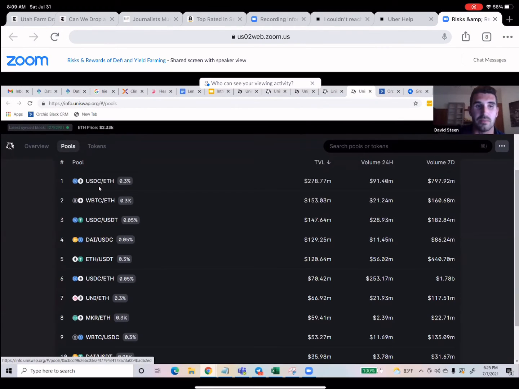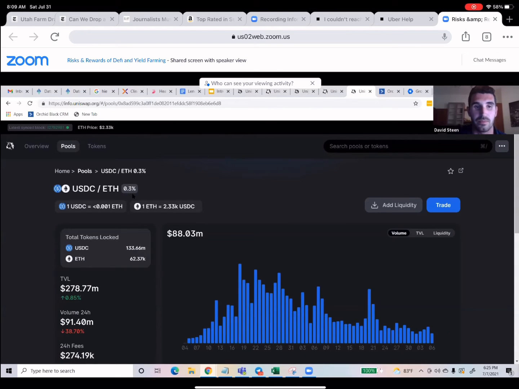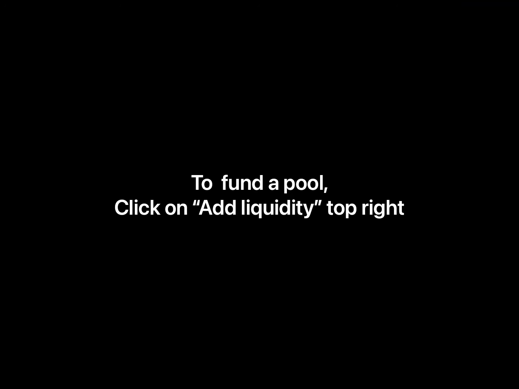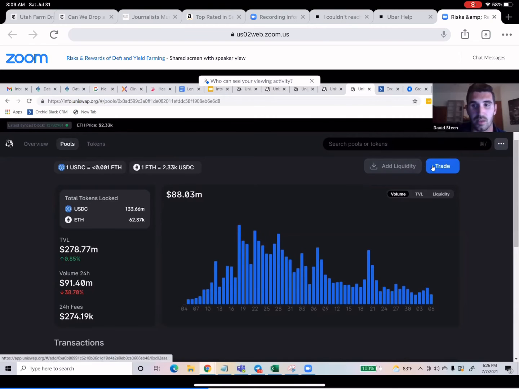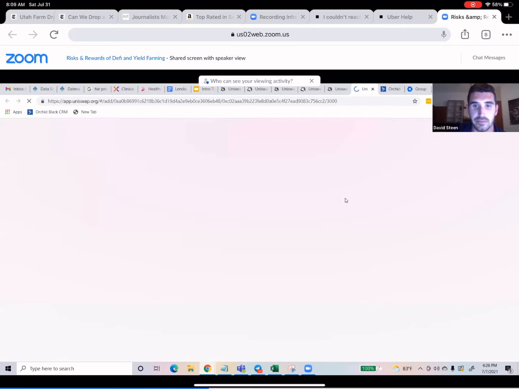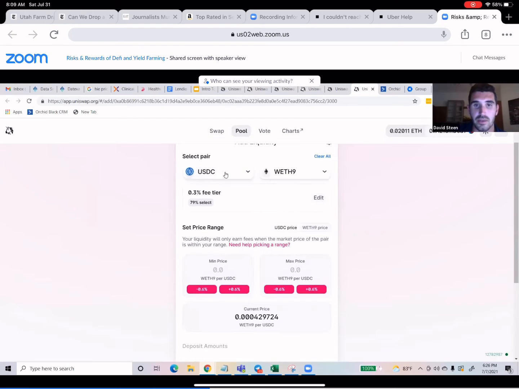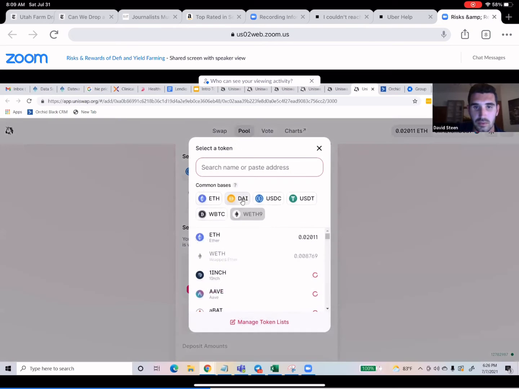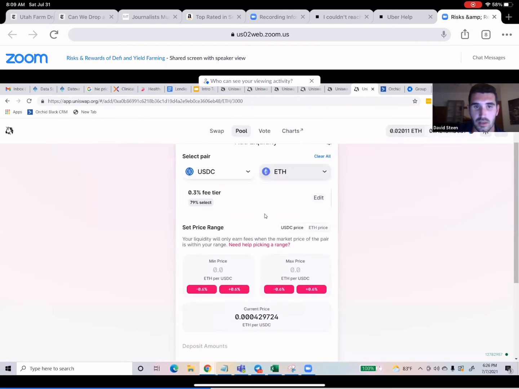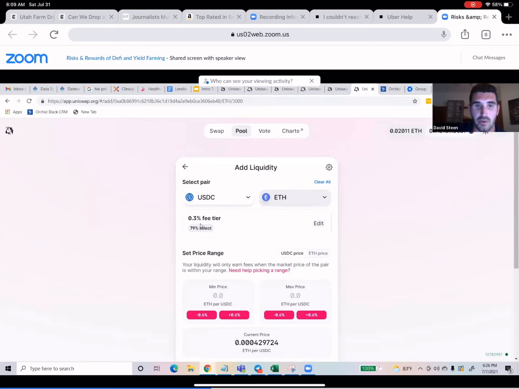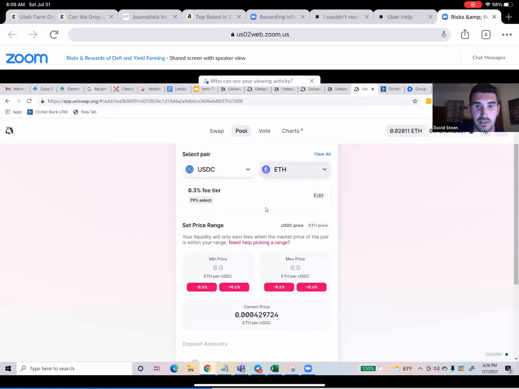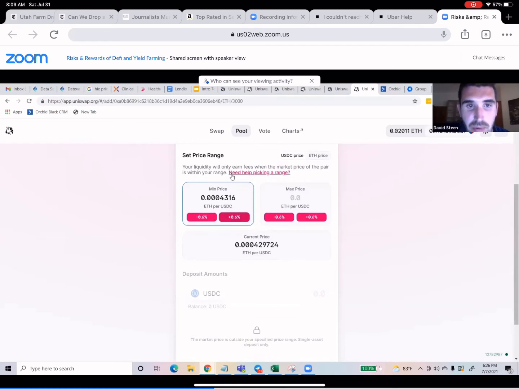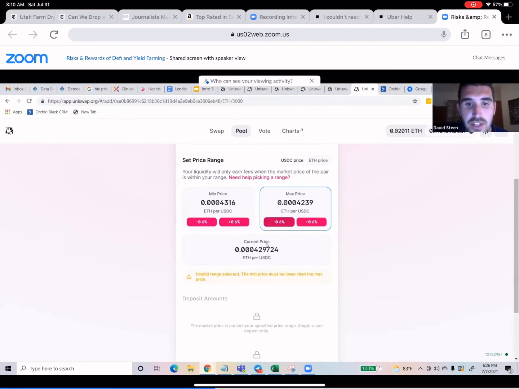Let's say that we had some USDC and ETH and we wanted to get some passive revenue. And then all we'd have to do here is add liquidity. And then if I had USDC and ETH, I would be in this fee tier, meaning I'd get that amount of the fees. So here you can set your price range when the market price of each of these is within a certain